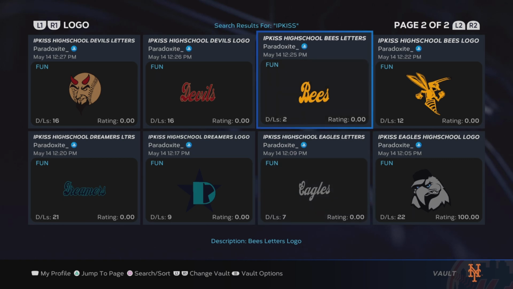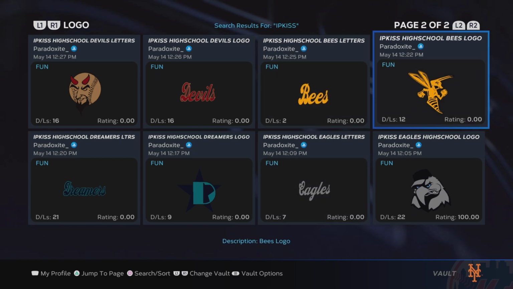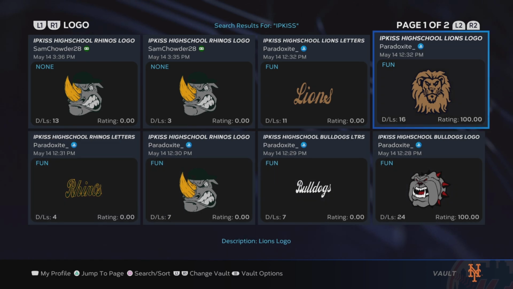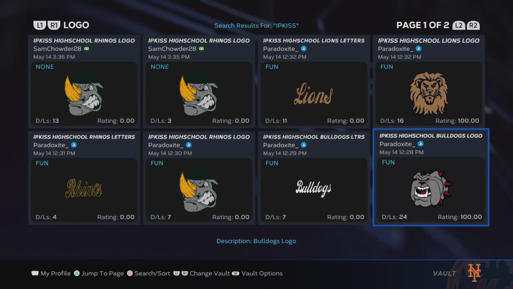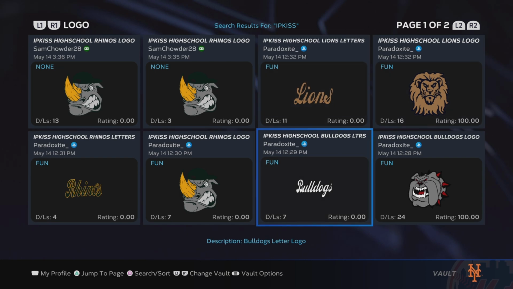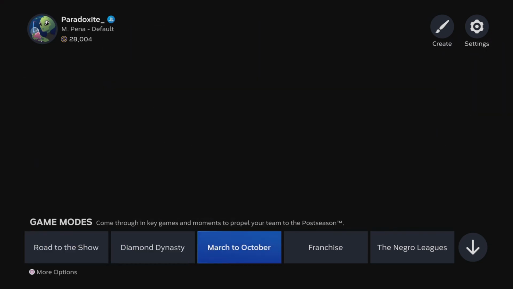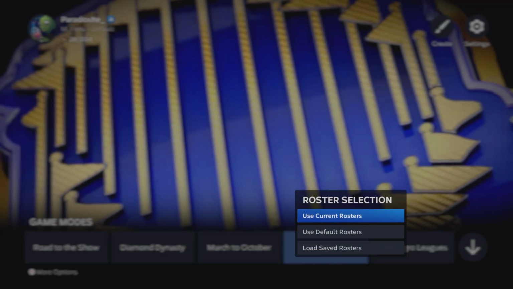And then you press R2, and there's more. I think there's 7 teams. 1, 2, 3, 4, 5, 6, 7. Yeah, there's 7. So once you've got those downloaded, make sure you have them all downloaded perfectly. Name them exactly what it is there so you remember what it is on the save file. Once you have that done, you're gonna go to franchise, start a new one, load the roster you downloaded,